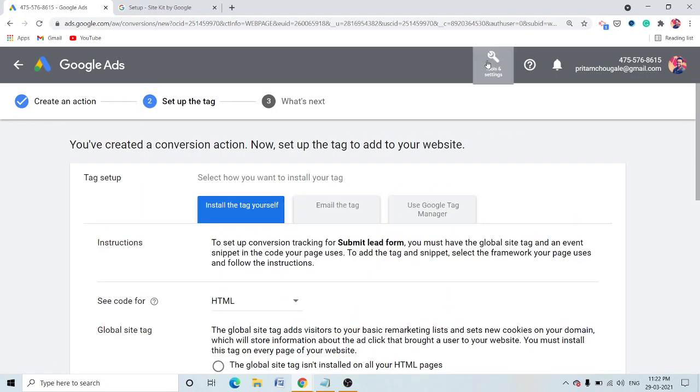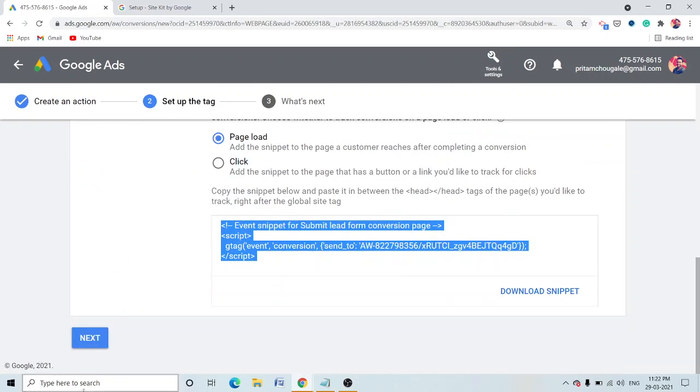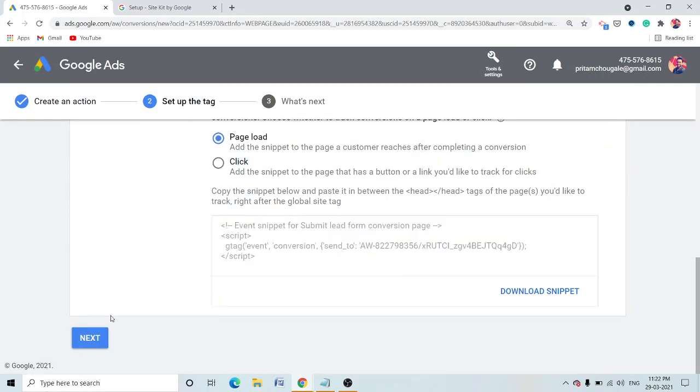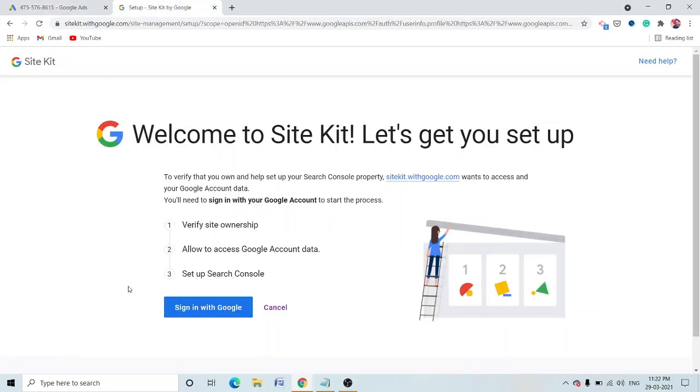So let's go back to our conversions and click on, let's see. I have a little problem with my sidekick, so I'm going to sign in with the Google one more time.